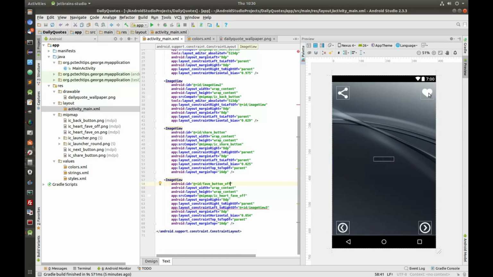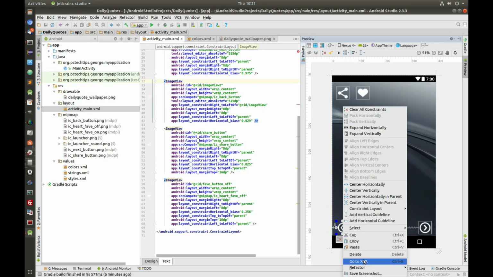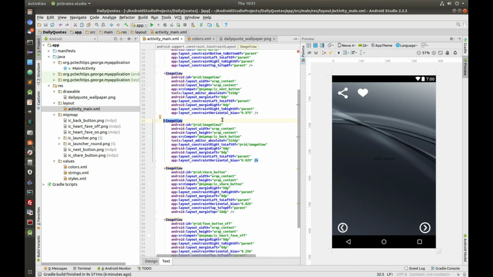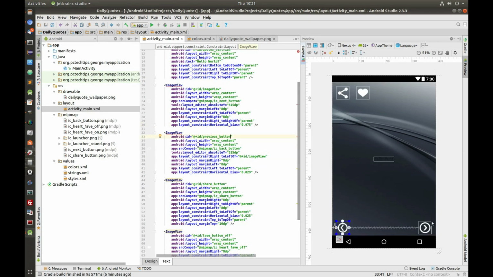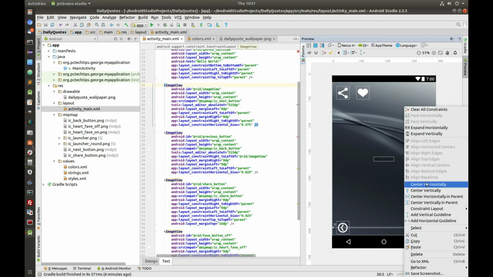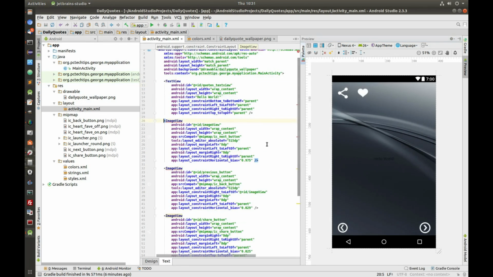And so next I'm going to select this one, and I'm going to change it to previous button, and for this one I'm going to change it to next underscore button,